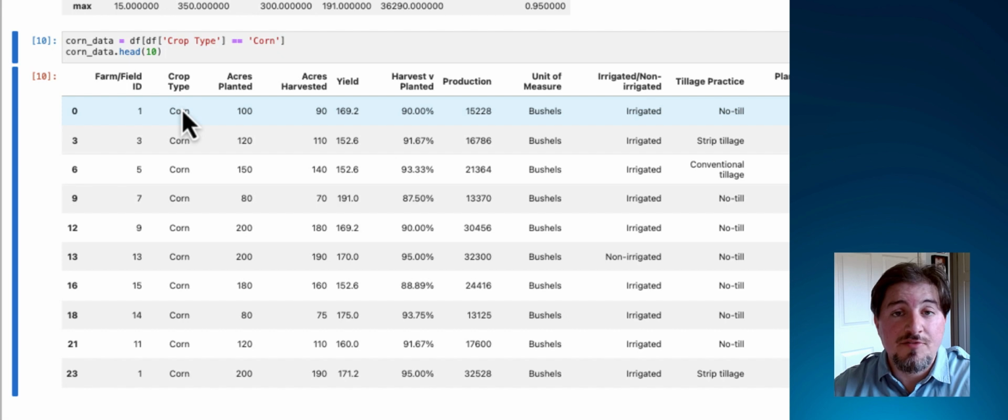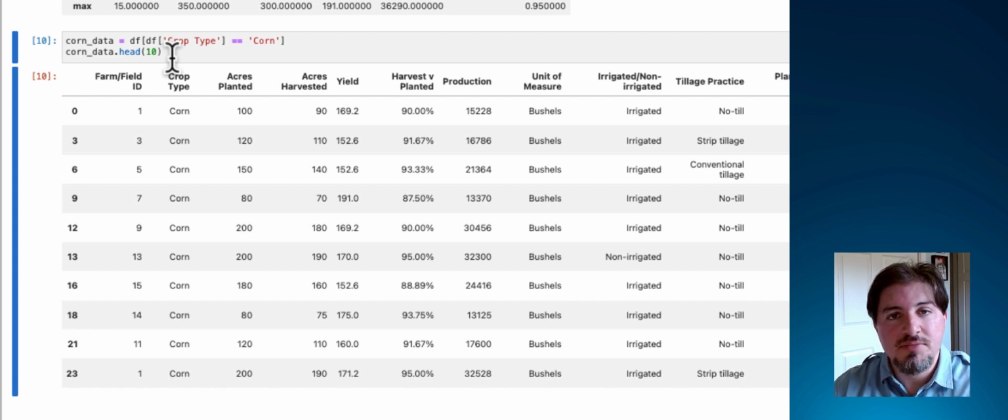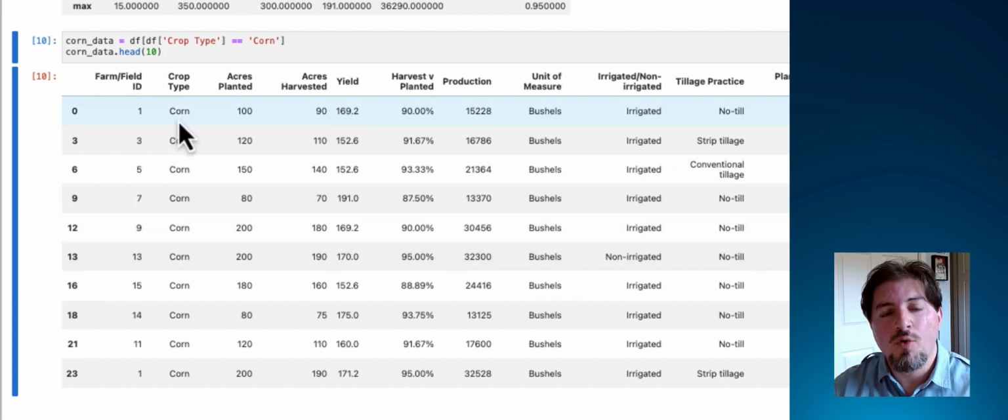I've got a new data frame of just the corn listings, and I can do the same sort of things that we just did: take a look at the shape, take a look at the column names, and see what actually happened when I performed those things. So far so good. But let's go ahead and organize this corn data by grouping it by